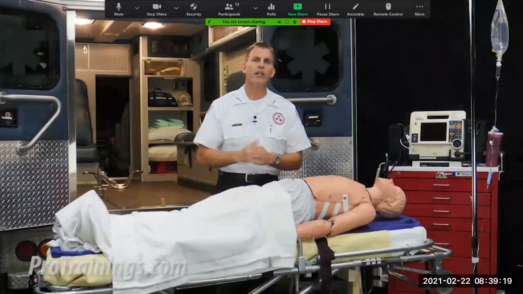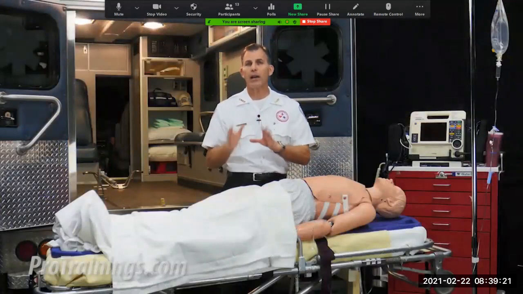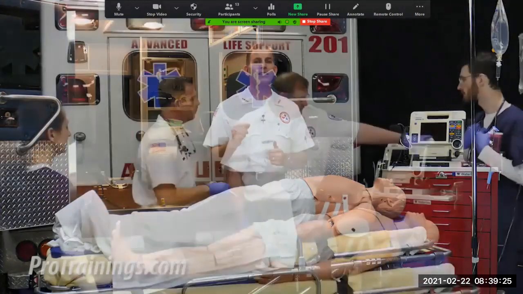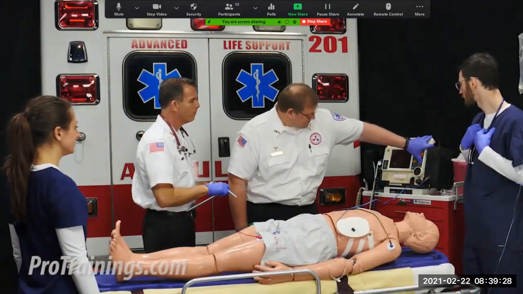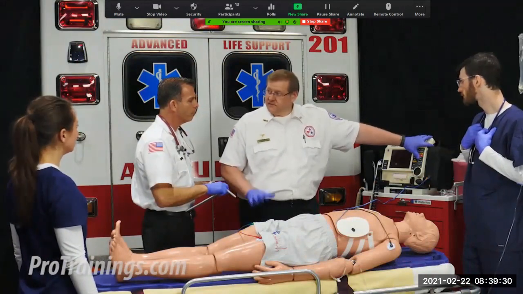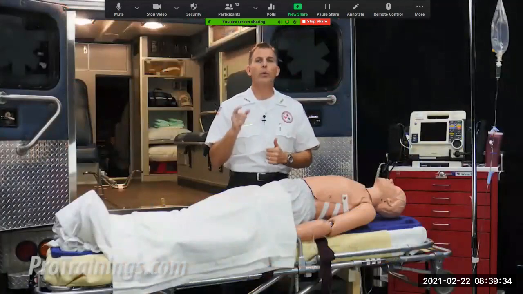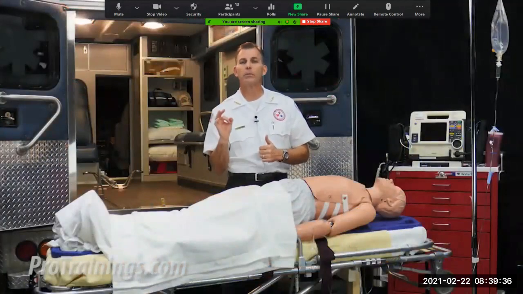Protocols will dictate and vary from place to place. However, the American Heart Guidelines recommend that we start at 60 beats per minute. And as the pacer is running, we turn up the milliamps until the heart muscle is captured. In our scenario, we have a consistent capture at 70 milliamps.